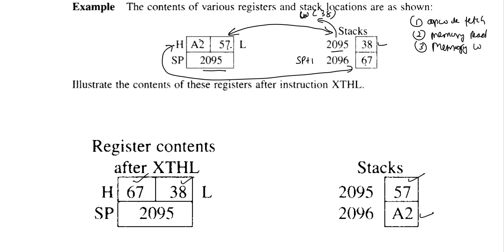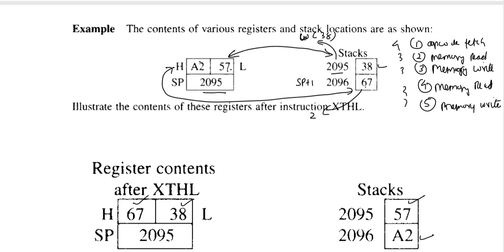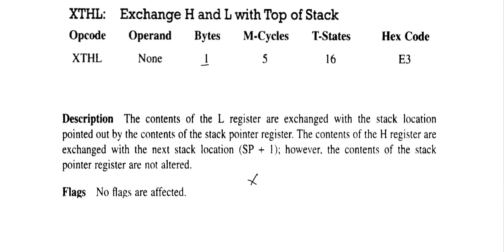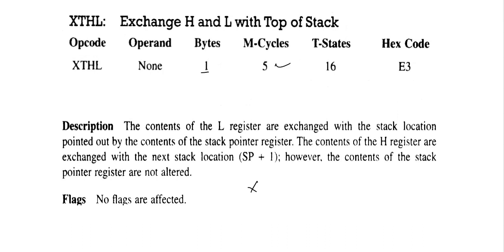Memory write. Now, in the same manner, if we see here, this data again moves to the internal register Z, meaning memory read, and then we move this data A2 to this location, that is memory write. So how many machine cycles does it have? Opcode fetch has 4 T states, then 3, 3, 3, 3, so that is 12 plus 4, which makes 16. So we can see clearly that it has 5 machine cycles and 16 T states.